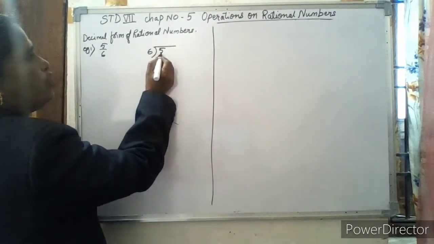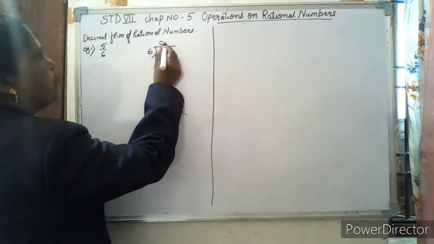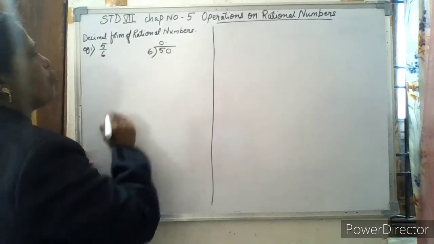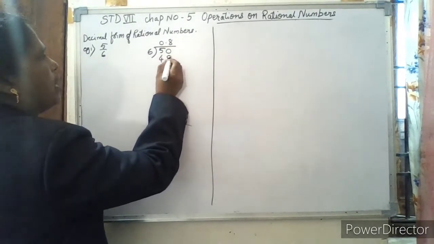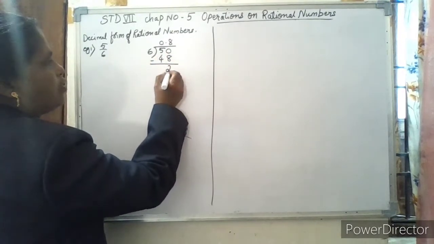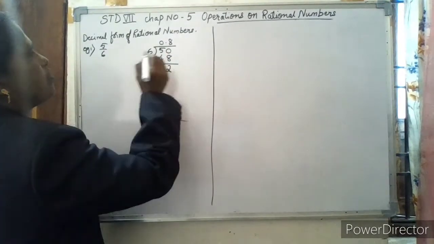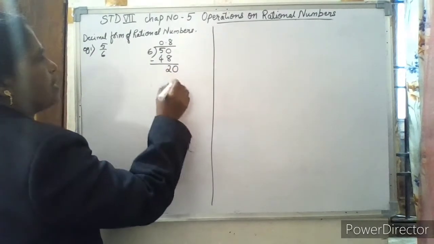So, you know that 5 is less than 6. So, it is not decimal. So, put a 0, put a point, take a 0. So, 6 8s are 48, very nearest. Minus 48, 49, 50. 2 is the remainder. So, once we put the point, we can take a 0 at every step.